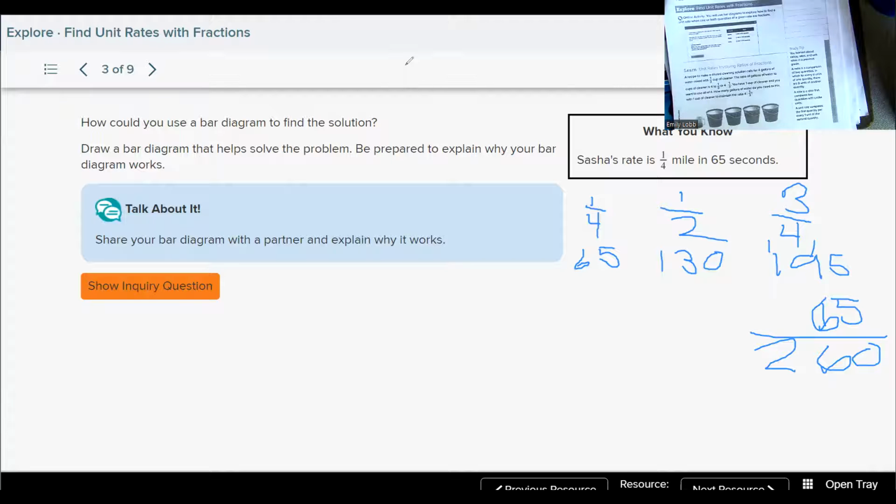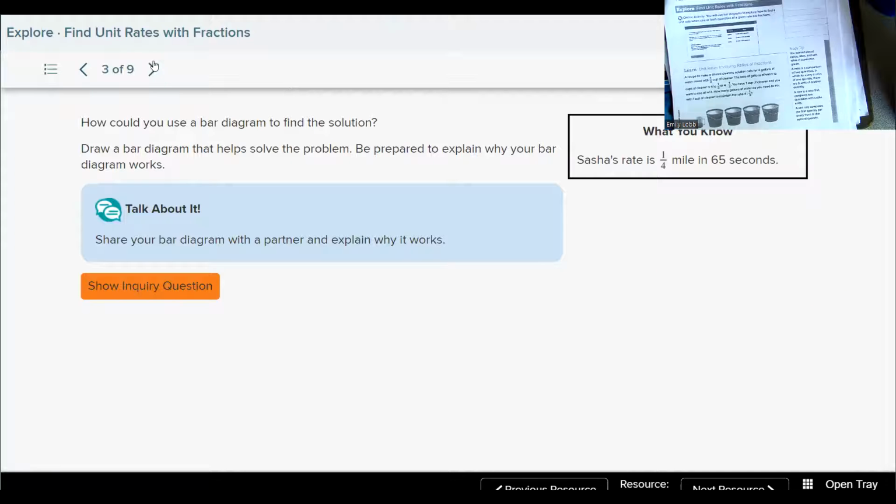All right, let me clear that. Pull this X out of there. No? I was trying to clear it. There we go. All right,